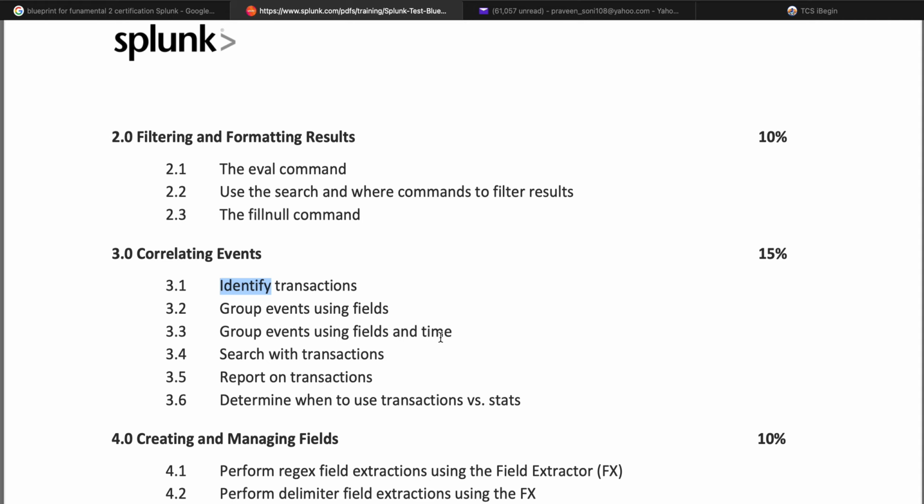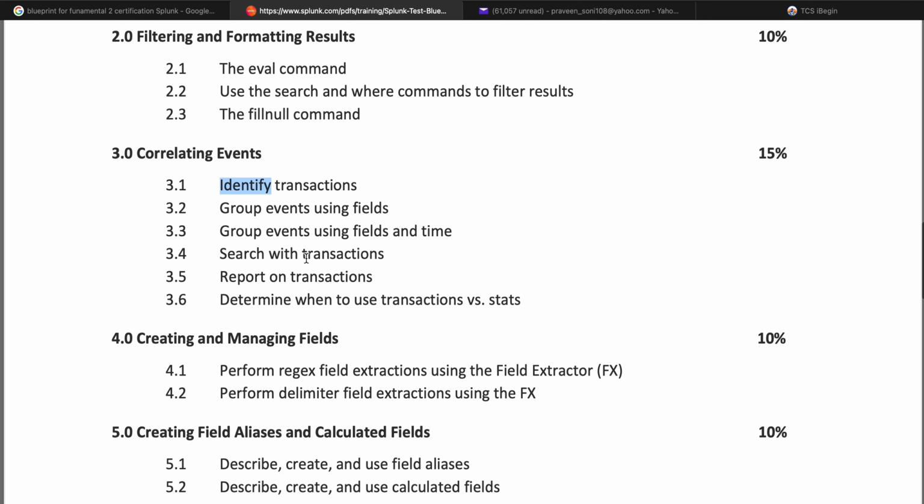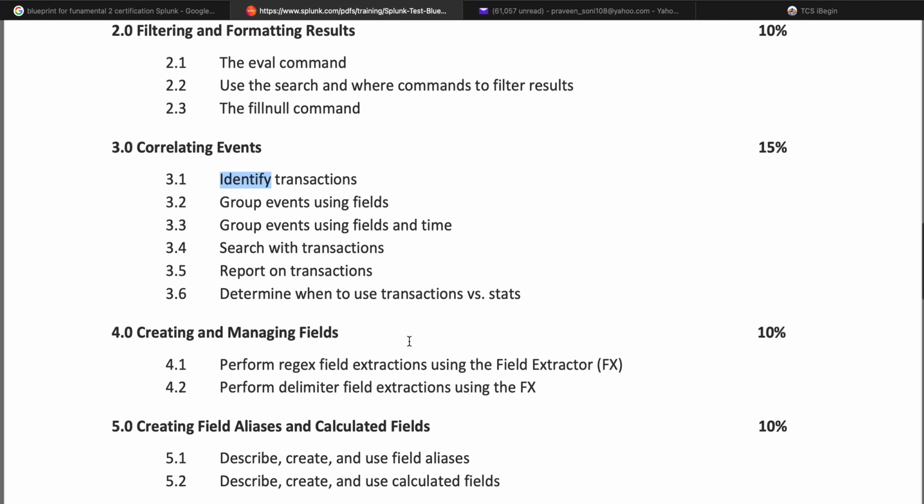Time is very crucial for any correlation search or event search. Then, searching with transactions, reporting on transactions, and determining when to use transaction versus stats. This is also very helpful when you are dealing with a bunch of events and you want to find a relationship between the events.